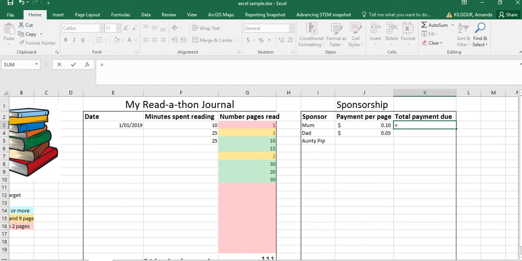We're going to multiply here, so it's going to be payment per page times the total number. So we click on payment per page. In Excel, multiplication is a star. And here we have to do something a little bit tricky, because we don't want it to change the amount as we scroll down. We want it to keep a specific absolute value. So to do that, we use a